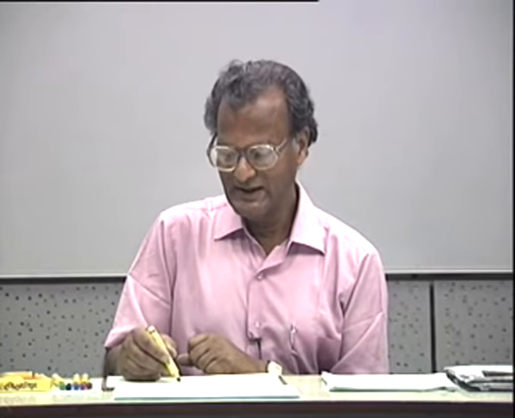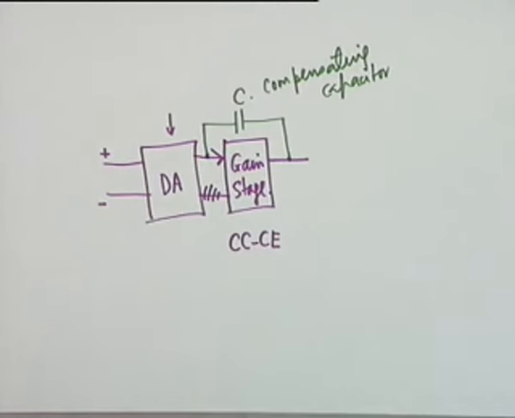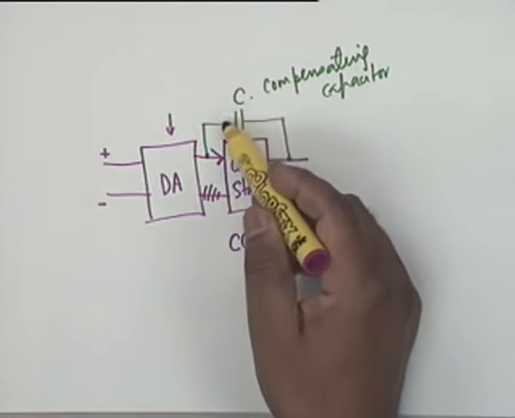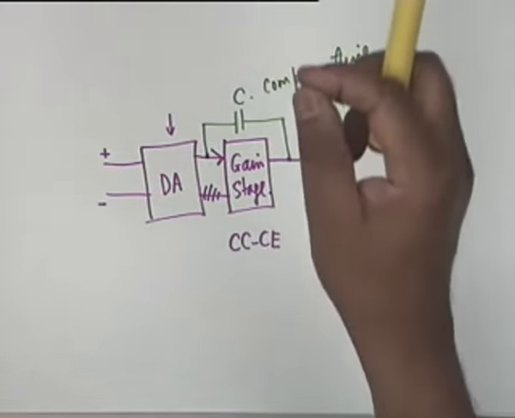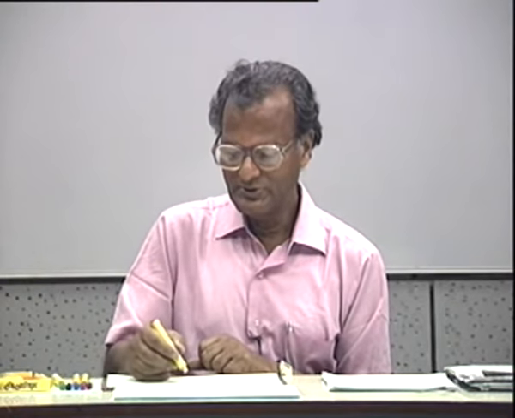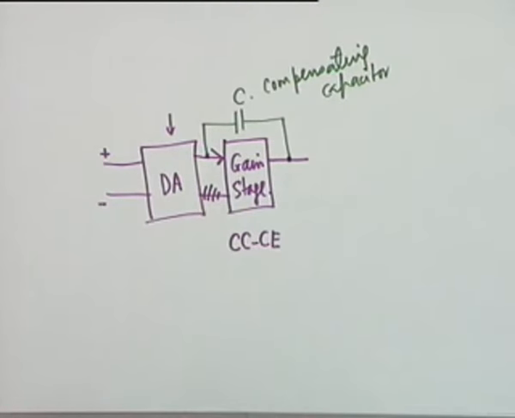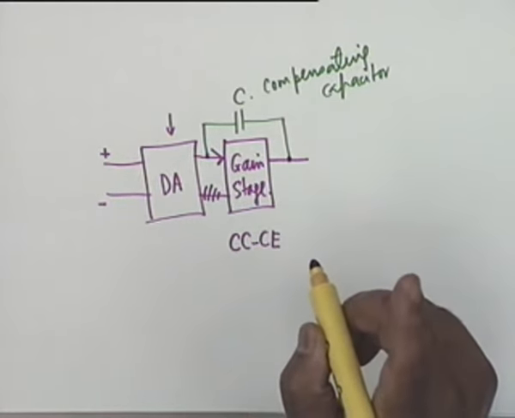The next stage, the gain stage, there is no coupling capacitor inside. This capacitor is usually supplied by the manufacturer, or sometimes two terminals are brought out in an op-amp, called compensating terminals, where you have to connect a capacitor externally depending on where you want your 3 dB cutoff. We will come to this, but neither in the differential amplifier nor in the gain stage is there any coupling capacitor, and therefore the output may have a DC level which cannot be applied to the next stage.